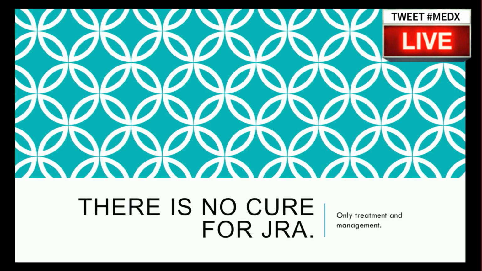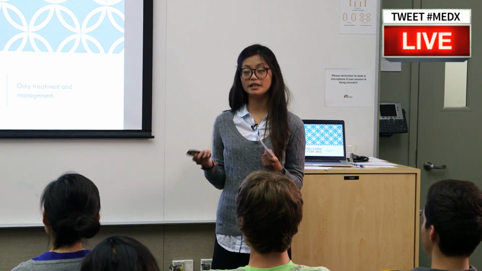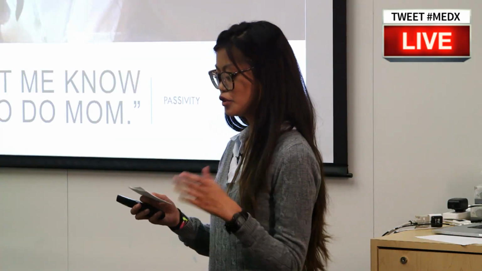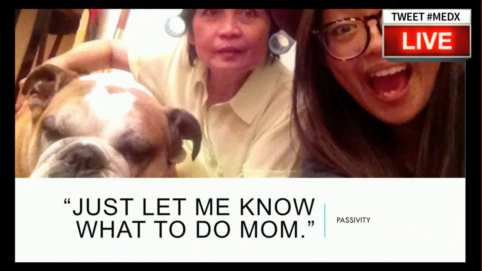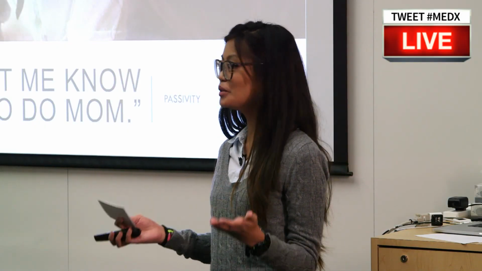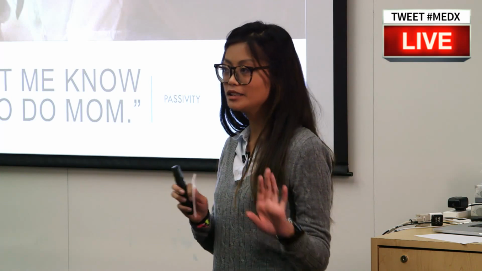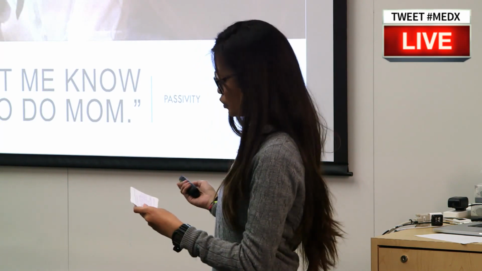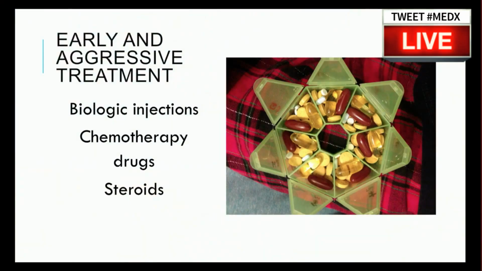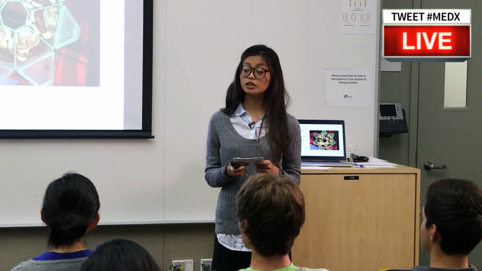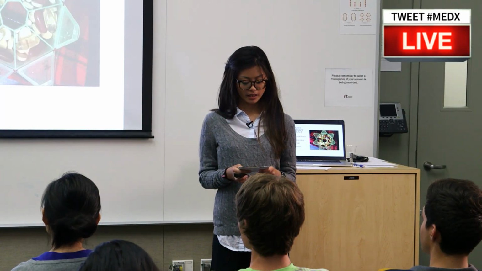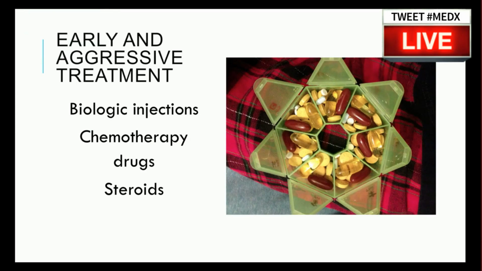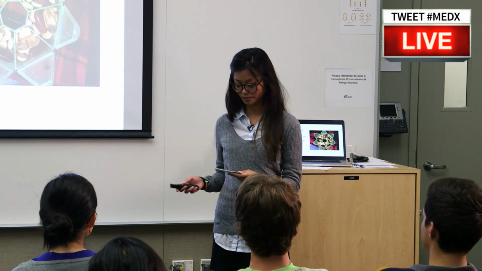When I heard "treated and managed" from my rheumatologist, my interpretation was, all right, okay, treated, treatable. Mom, you're a nurse, you got this. Just tell me what I need to do to start feeling better, and I'll do it, and I'll just be here in the meantime, hanging out with my friends. Thanks, Mom, bye. And I went on through high school, receiving early aggressive treatment. Initially, after my diagnosis, I lost a lot of weight. I experienced a lot of fatigue, but with biologic injections, chemotherapy, and steroids, I had my RA under control, and I was back in the game, hanging out with my friends, doing extracurricular activities, and going to school.